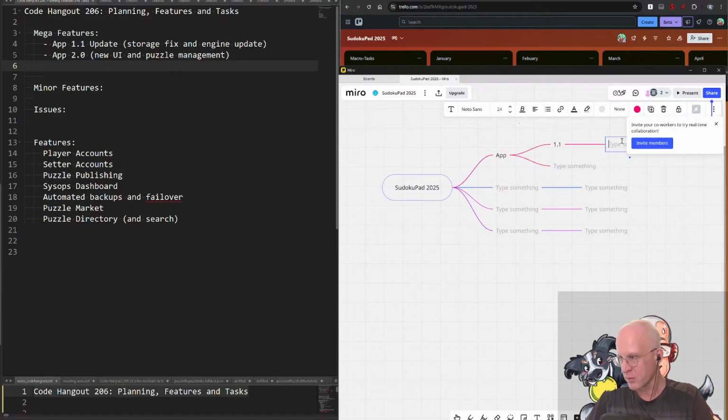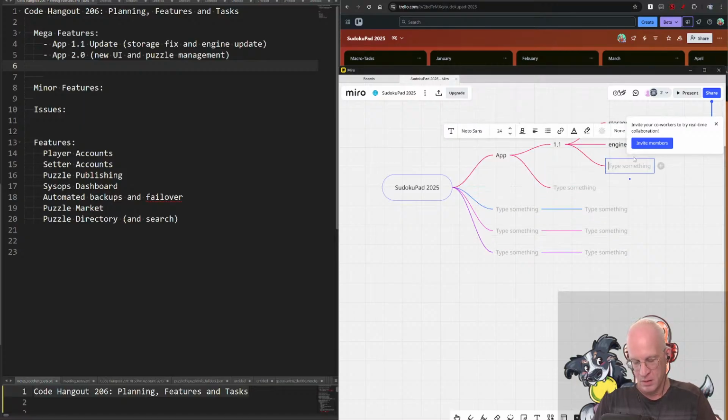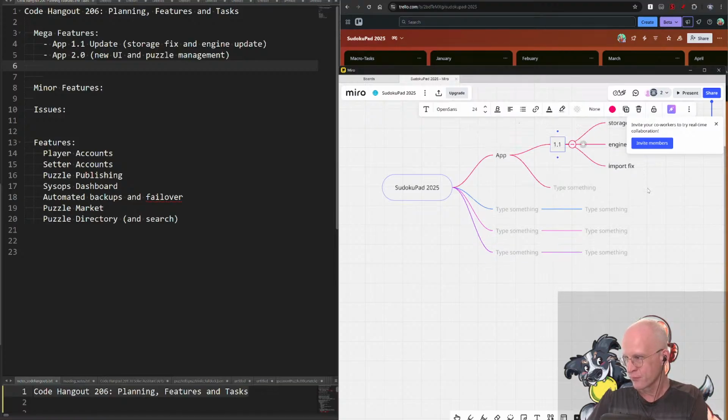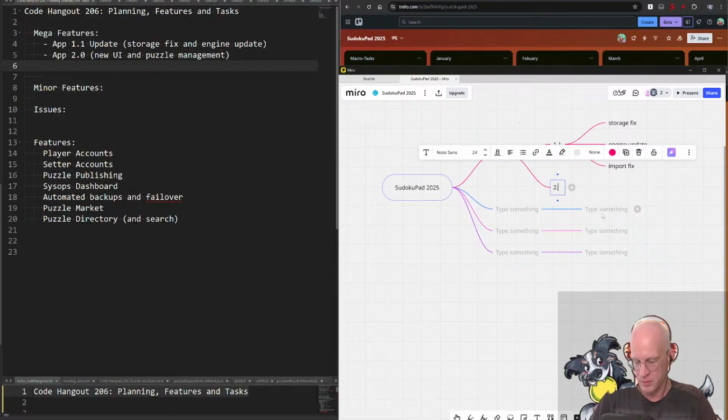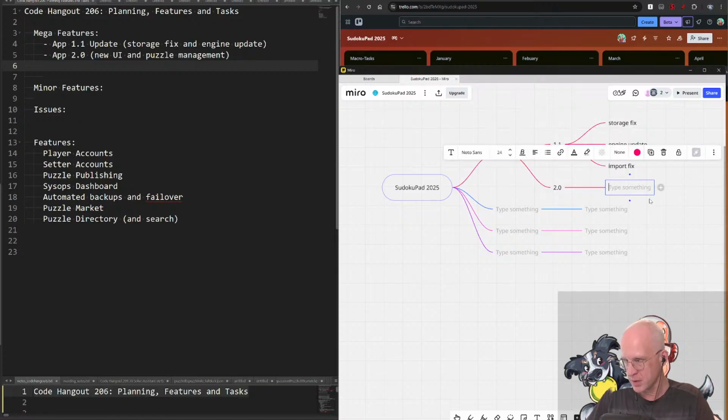Okay. So then what we can do here is we'll do something like storage fix, engine update, import fix. All right. Yeah, nope, go away. And then here we'll call it 2.0. And once again, I should have pressed enter here, and then we'll do plus here, and then we'll say new puzzle UI,